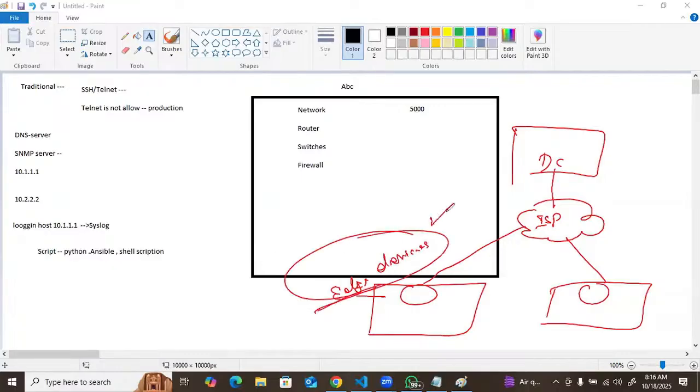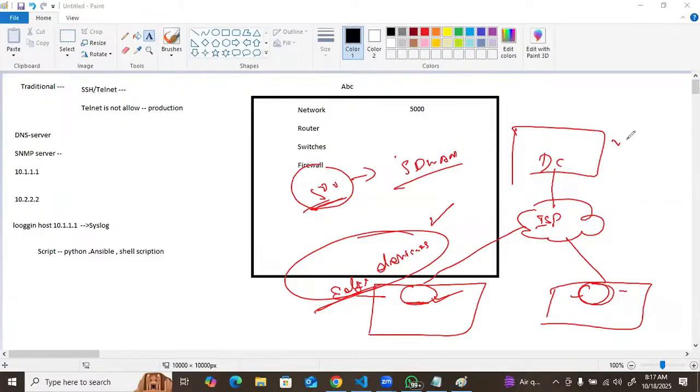So SD-WAN is the technology. Suppose you have 500 sites. In the 500 sites, how many edge devices will be there? If each site has one edge device, there will be 500 edge devices. So we don't have centralized management features, right? These devices we can't manage centrally. So SD-WAN is the technology using which we can manage these devices centrally. You are getting the point?